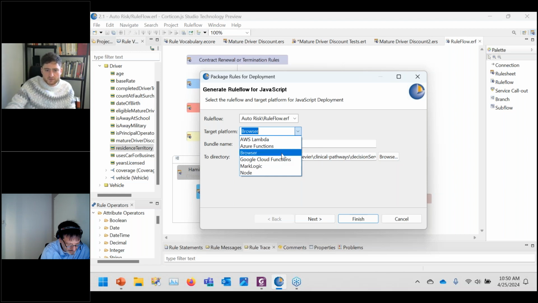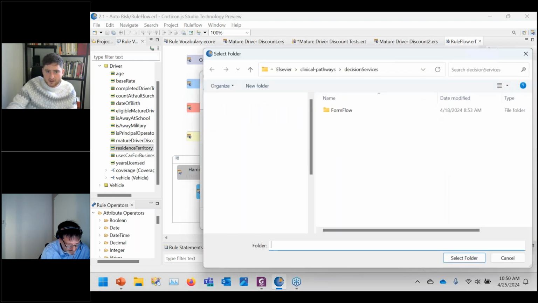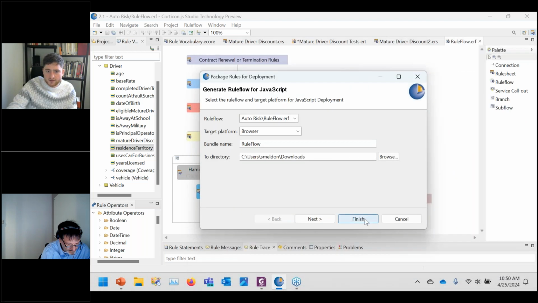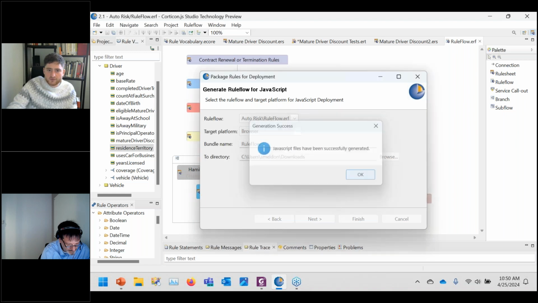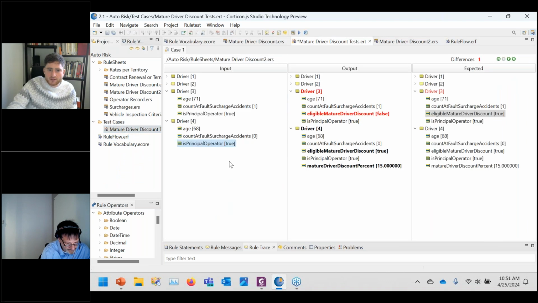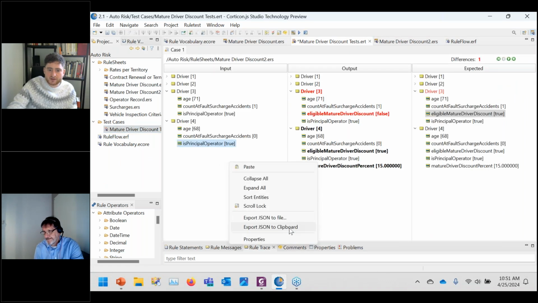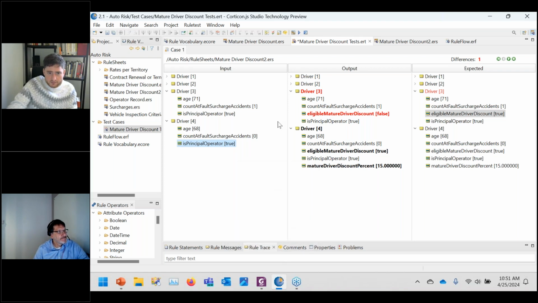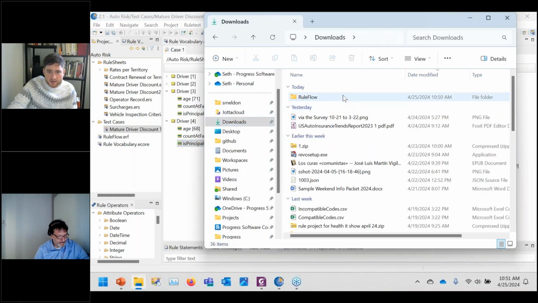But just to show the quickest illustration of what that runtime might look like, I'll put this in my downloads and produce this JavaScript bundle for the browser, because what I can now do is see precisely how these rules might behave at runtime. So if I go back quickly to my rule test case, I can export the JSON to clipboard because, very similar to how the rules are going to behave at runtime, we're generating the decision service in the background here. And so when I execute it within Corticon Studio, or say within the browser, now that it's been generated into a rule flow,